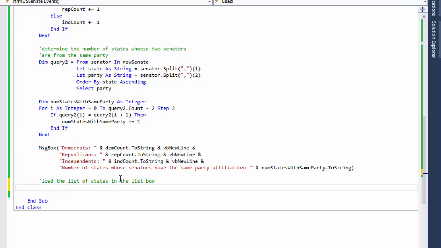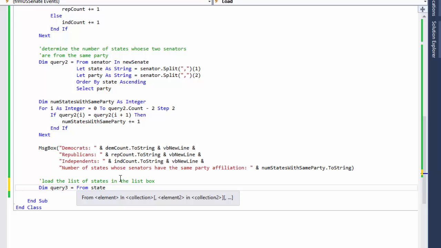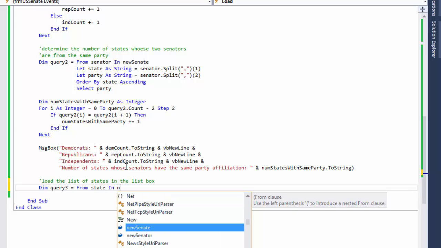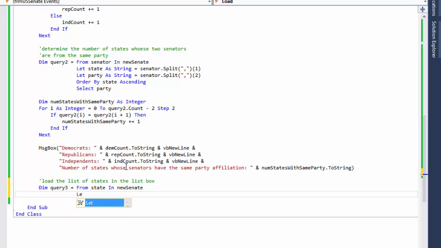That's a simple query. This time, let's say query 3. From state in the new Senate query, we will let states as string